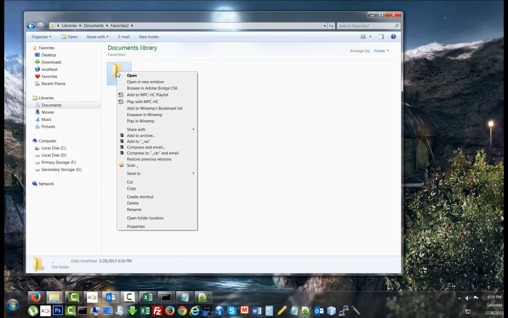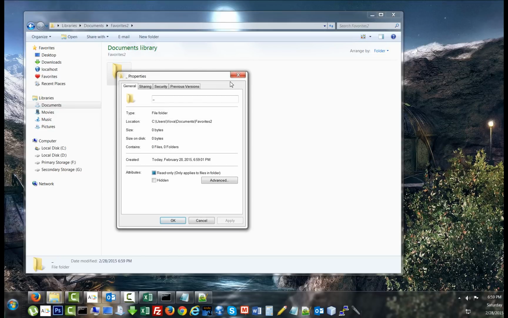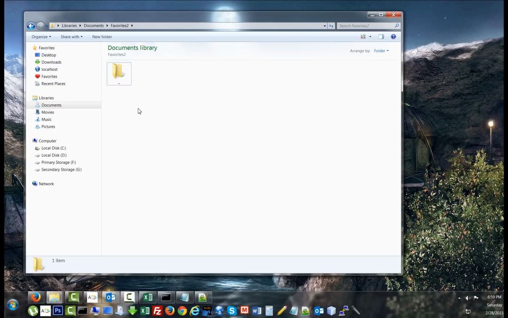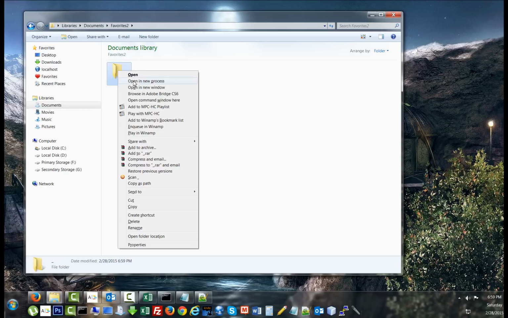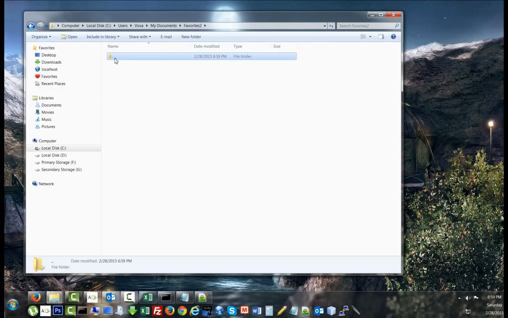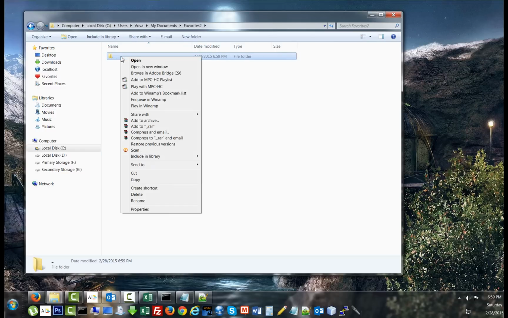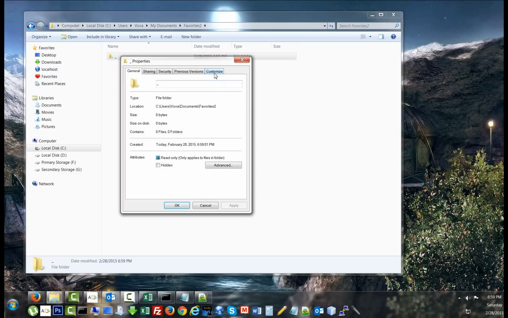And then we're going to hold shift, and we're going to right click on the folder. We're going to open folder location, and then we're going to right click on this folder, click properties,